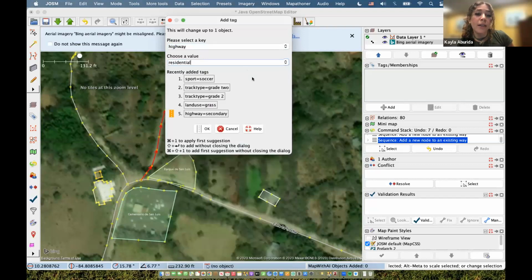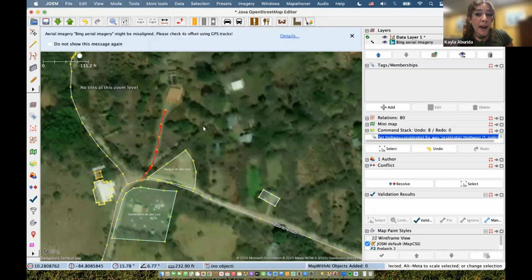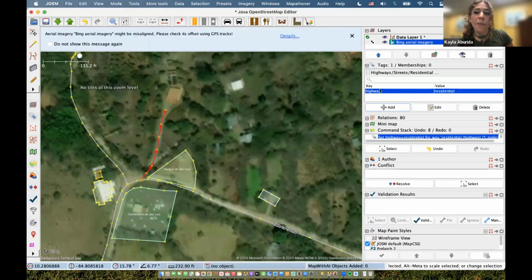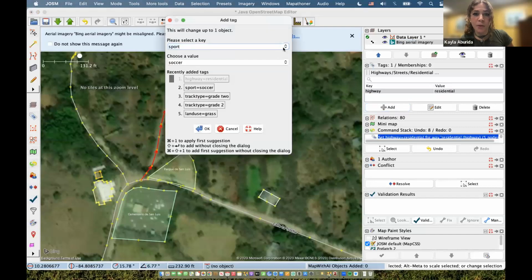So this is important because not only are you saying it's a kind of road, but specifically we use highways, and you're saying it's a residential highway or road. So after that, I'm gonna hit OK, and that's gonna show up as a highway residential. And an even more advanced part of the tagging schema is if you have local knowledge, you can even put in the name. So for example, if I wanted to put name,